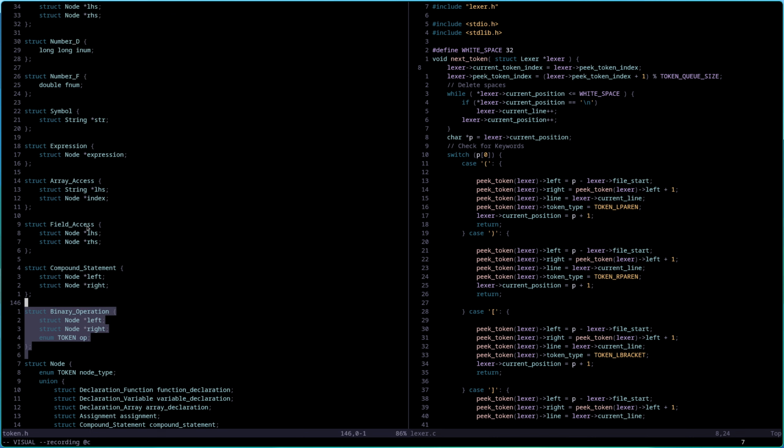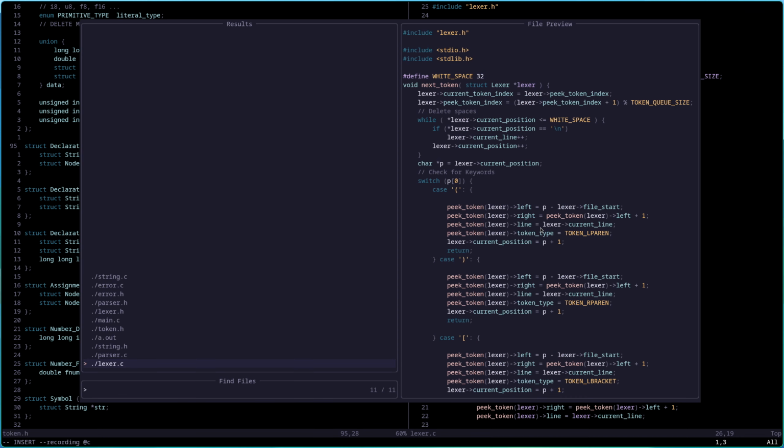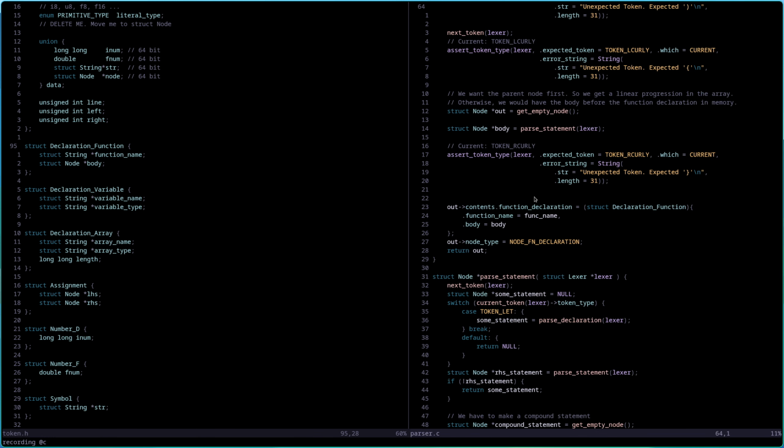And I have a bunch of different stuff here. It's just like an assembly where we have the constructors. You can make a new function declaration, where I had a function called construct function decl node and stuff like that, and then you have to push all the arguments into it. But you know, C is very handsome because it just does it for you. Like right here, function declaration. So we tell C it is this type, struct declaration function, this stuff, and then we can just give it the parameters, and then it just fills it out. Very easy.